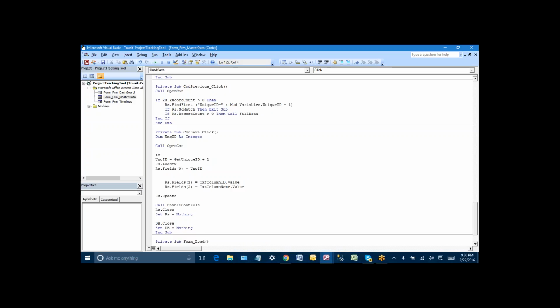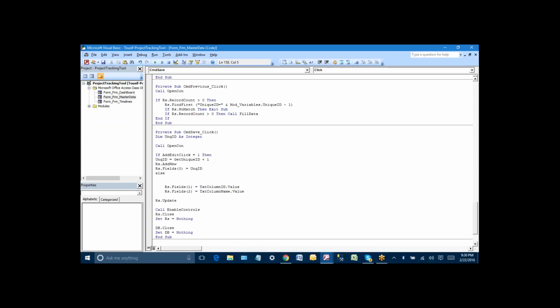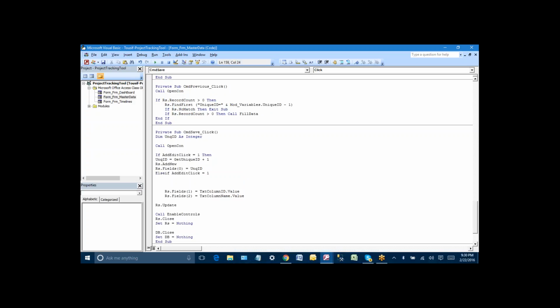So if AddEditClick is equal to 1, then only this part should execute, otherwise you can add the condition else if AddEditClick is equal to 2, then rs.Edit,